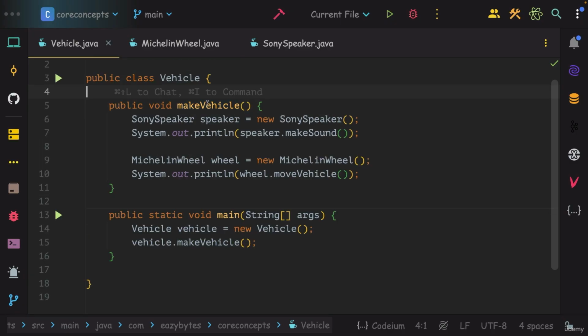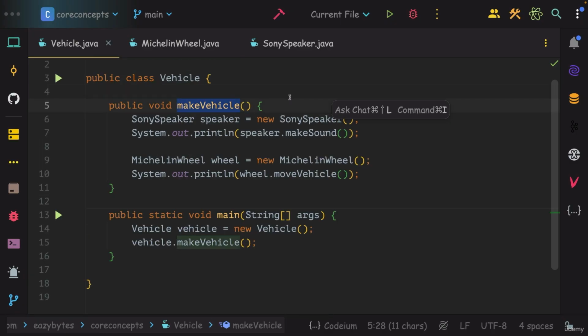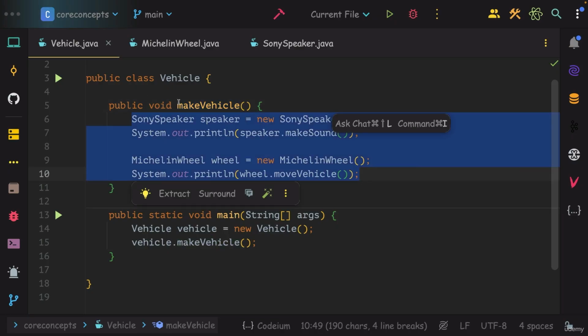By the time this method is being invoked, we can assume everything else inside my vehicle is ready, like engine, seats, lights, glasses, everything is ready except speaker and wheel. Once this makeVehicle method is executed, my vehicle will be 100% ready and I got a successful response. So this is our scenario, and this is how it will be if you try to implement the business logic